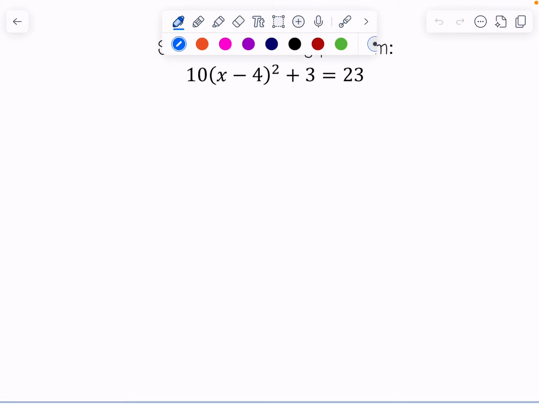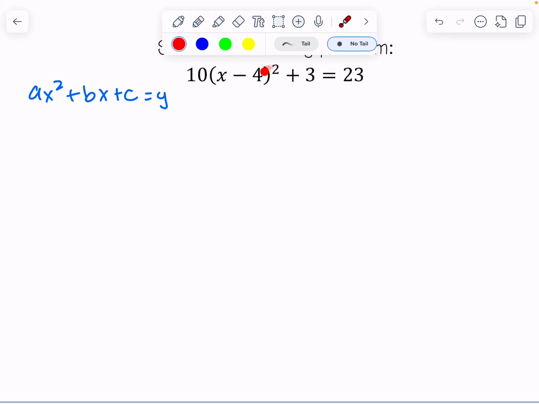In this video, we're going to quickly solve a quadratic, and notice this one is already given to us in vertex form, so we're not going to be using factoring, we're not going to be using the quadratic formula. Those are more for ones that are given to us in standard form, so x squared plus bx plus c equals y. But when they're given to us in this form where we have our quadratic already separated out,